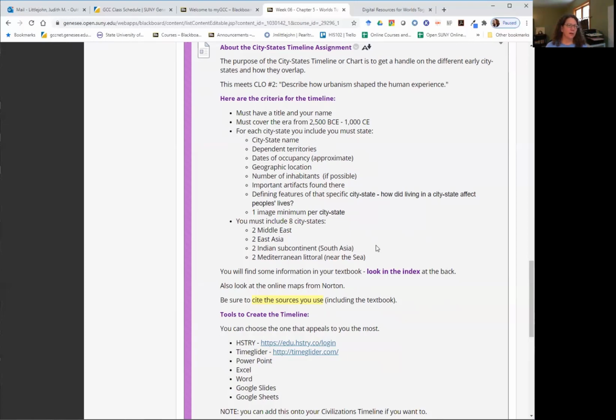So this is just an example of what one of the timeline assignments looks like. The one prior to this is civilizations. These give you a global awareness of how these sorts of communities were developing and expanding thousands and thousands of miles apart from each other at relatively the same time.